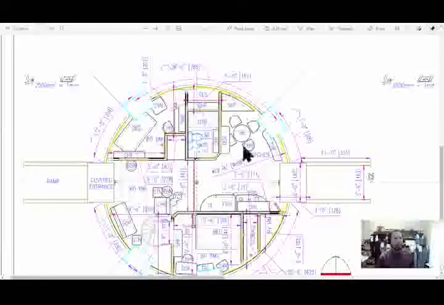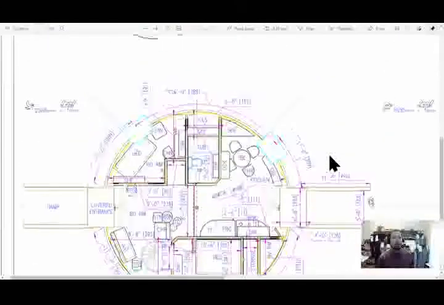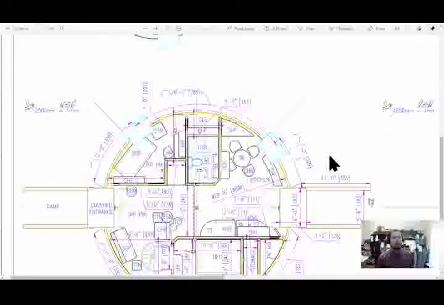And not only that, but when this drawing is printed out on the sheet that is supposed to be printed out, which I believe is an ISO A1, then you can apply these and use your scale